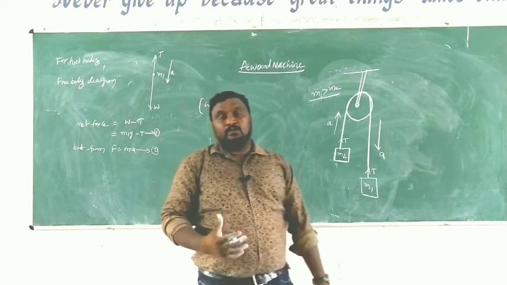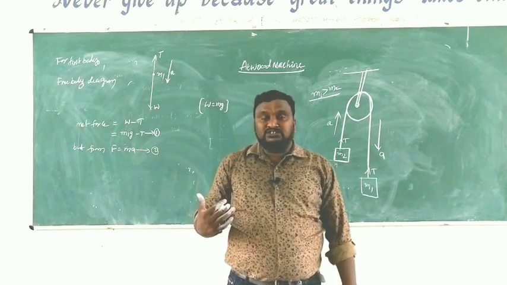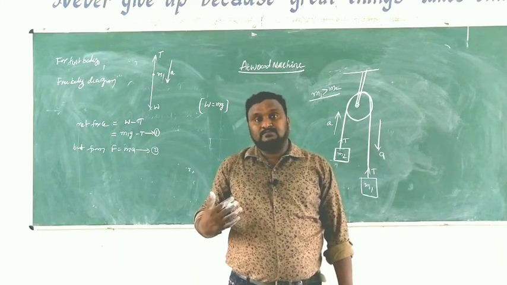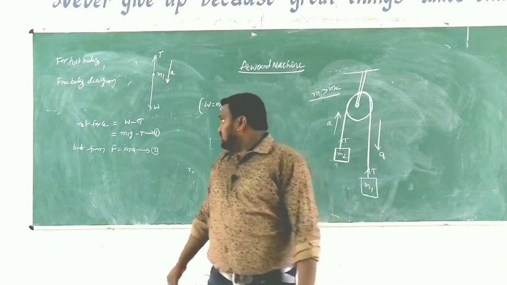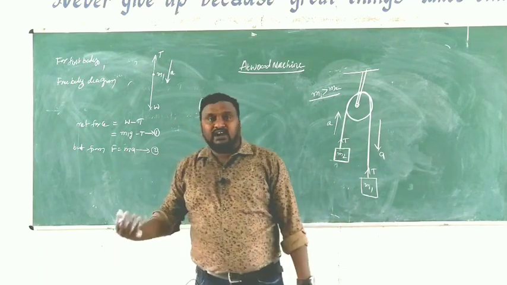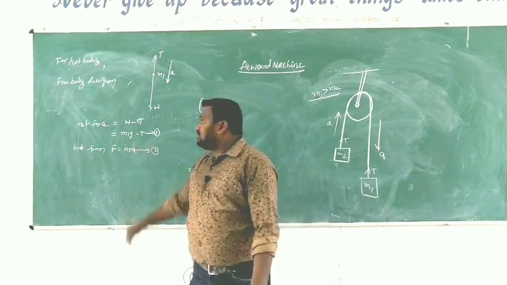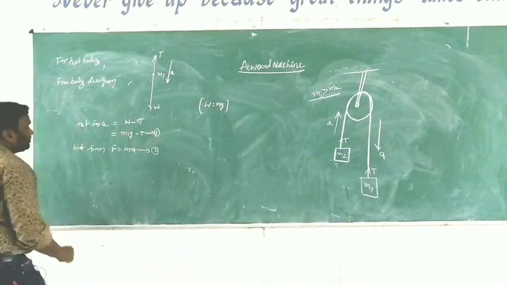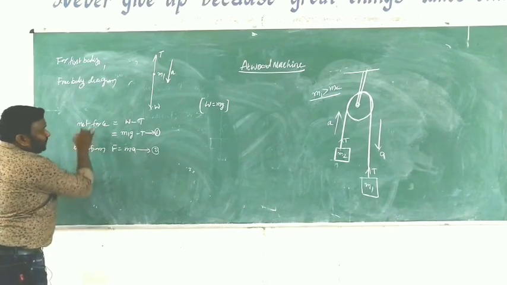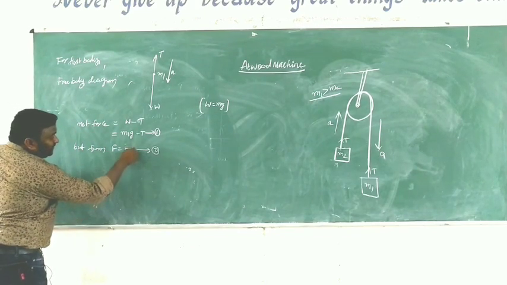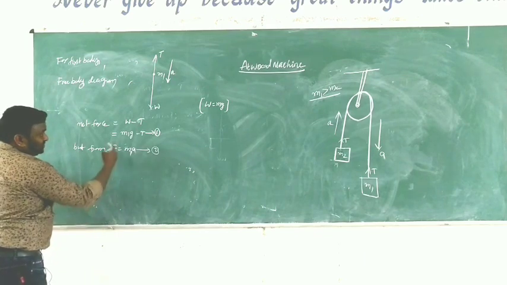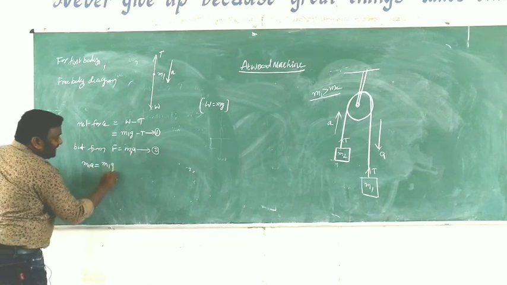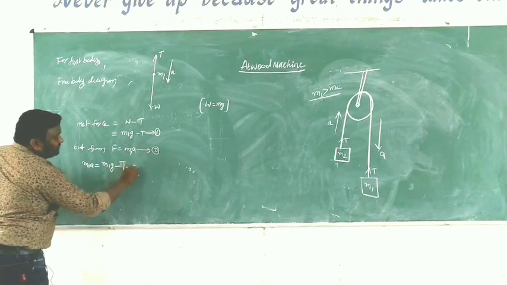I explained the derivation of F equals ma in a previous video. Go watch it once; it is a very important video. There, F is the net force, and equation number 1 is also the net force. That's why we can write both as equal. For the first body, M1a equals M1g minus T. That is equation number 3, children.